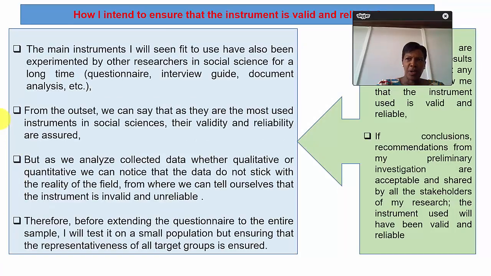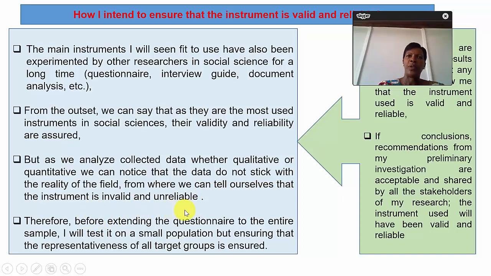The main instrument I plan to use for collecting data is a questionnaire. I say the main because there are others I will use, such as an interview guide, documentary analysis, focus groups, etc., which have also been used by other researchers in social science for a long time. From the outset, we can say that as these are the most used instruments in social sciences, their validity and reliability are assured. But as we analyze collected data, whether qualitative or quantitative, we may notice that the data do not match the reality of the field, from where we can tell ourselves that the instrument is invalid